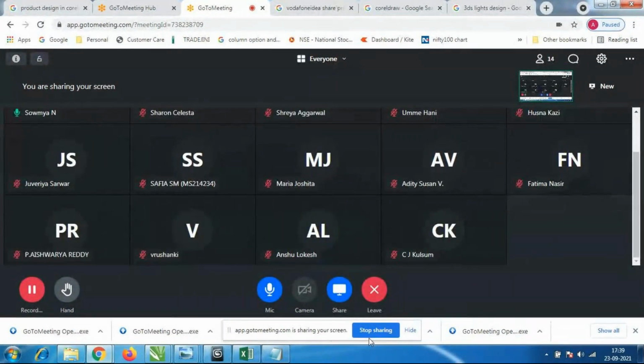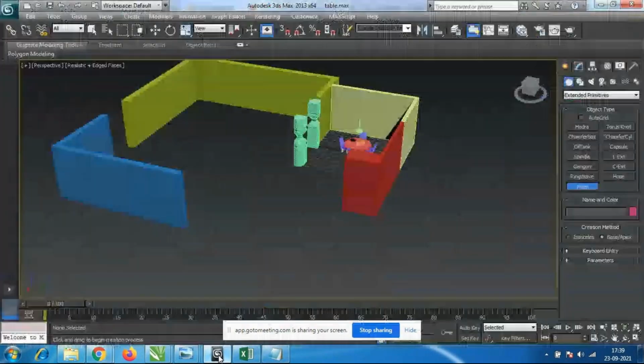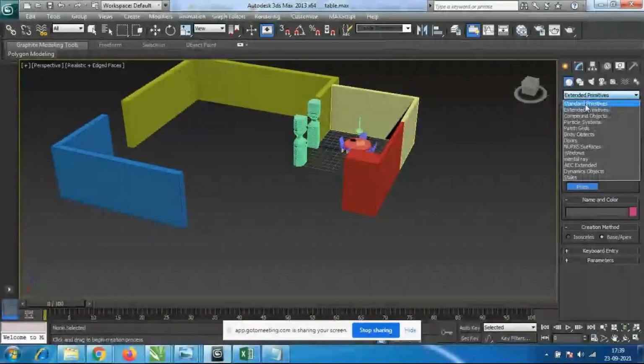So some students already practiced with the standard primitives. Okay, today I have completed extended primitives also. So we have to use these two options and create the designs. Okay, next we have to create the windows. We have the option called doors, windows, and we have options called staircase.